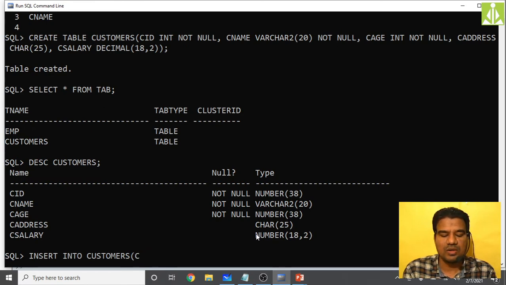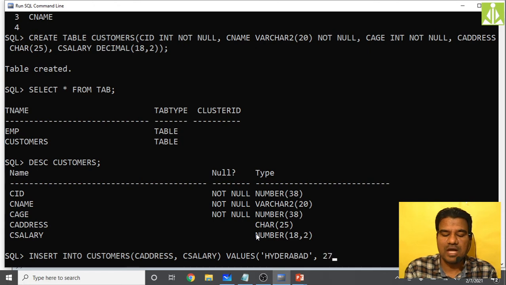First I'm inserting only C address and C salary. Values: for C address, Hyderabad, then C salary, some 27,000. When you hit the enter key, you will get an error.